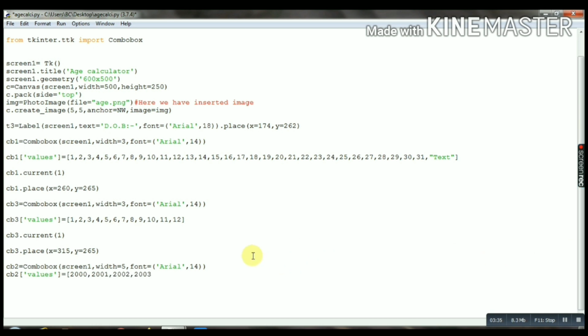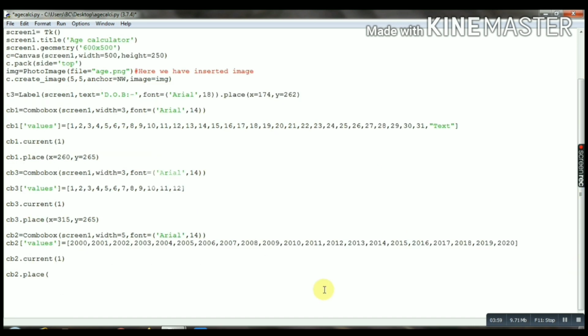You can make it much better, but it's a simple idea of how we can approach making an age calculator using tkinter in Python. This is all. Place at x equals 370 and y equals 265.